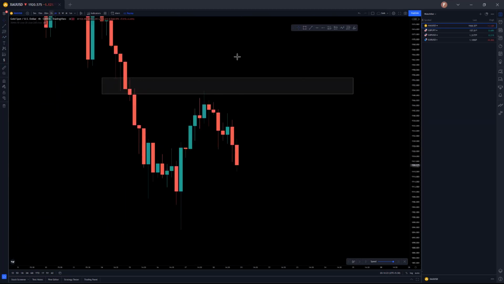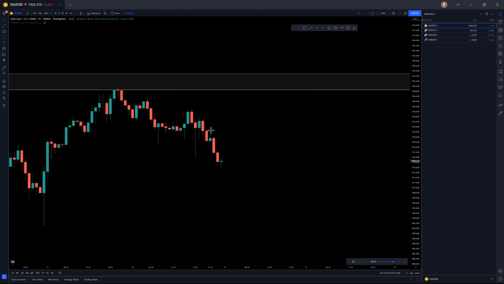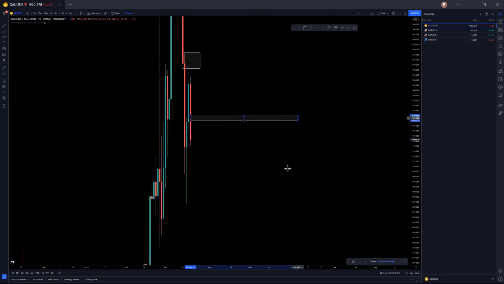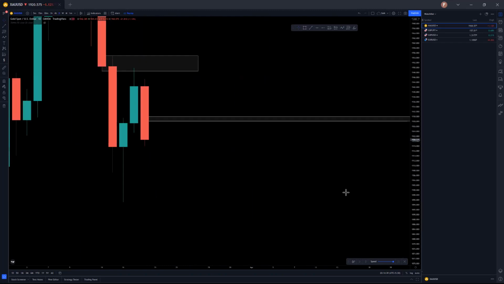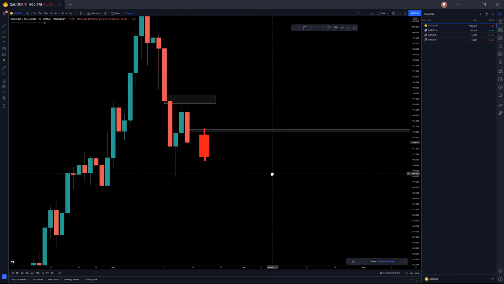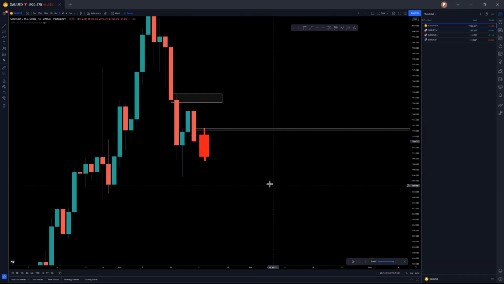So what can our POIs be? Let's go to the 1 hour. So on the 1 hour our POI can be this area. Now let's see what that area is. So now it is pretty much a valid POI because price literally can go a little bit above and then it can print something like this. I think it is valid. All right, maybe not like this, maybe something like this.